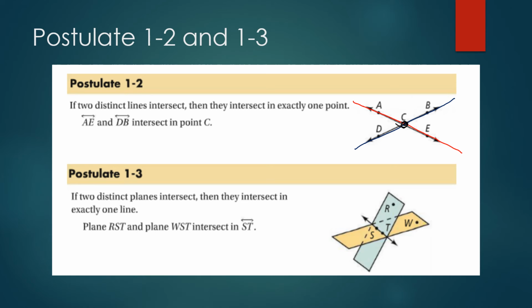And postulate 1.3 says that if two distinct planes intersect, so again, planes don't have to intersect. You could have like the floor and the ceiling. It would be a bad thing if the floor met the ceiling. But if two planes intersect, so let's say like the floor and the wall, they intersect to form exactly one line. So if you look at this picture here, because remember, the planes go on forever. I know they look like rectangles, but they're going to go on forever, meaning the intersection goes on forever,